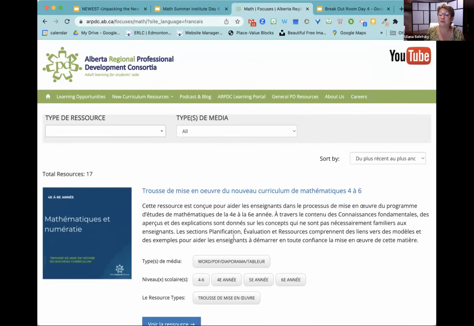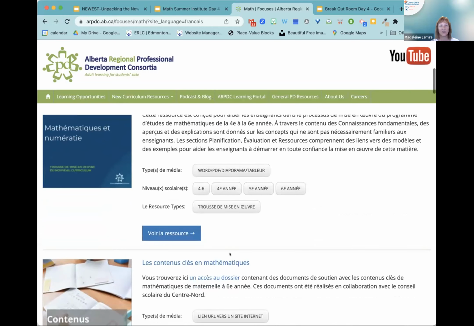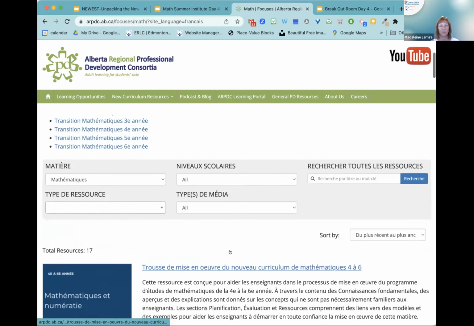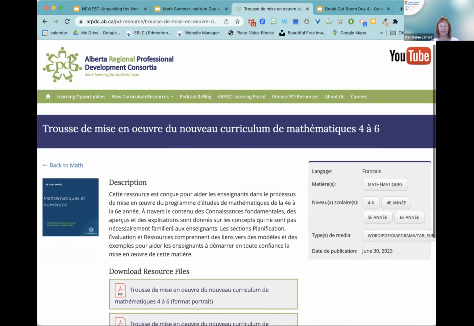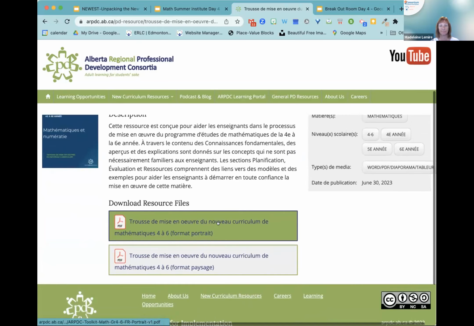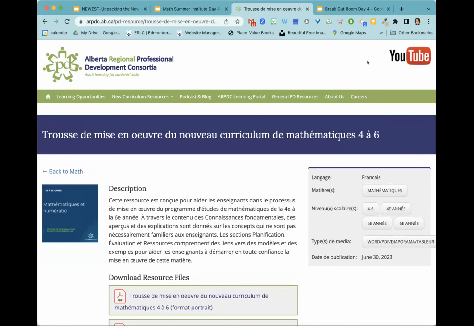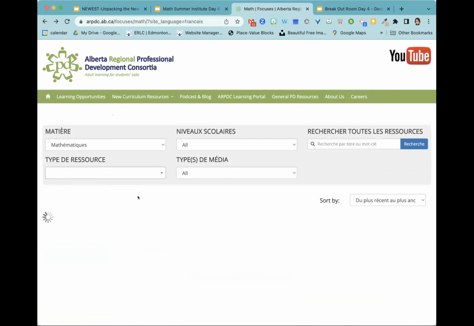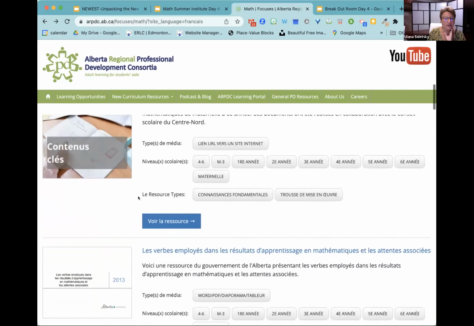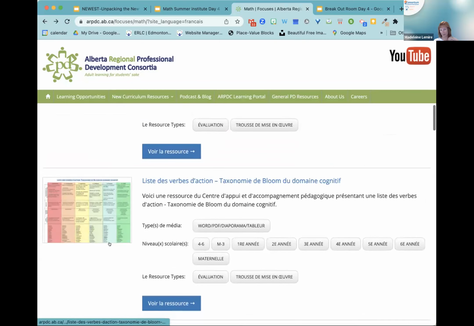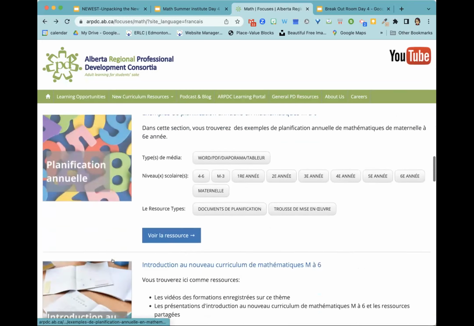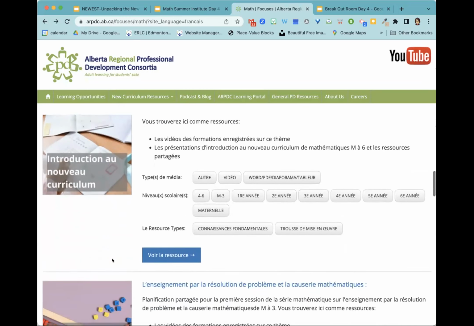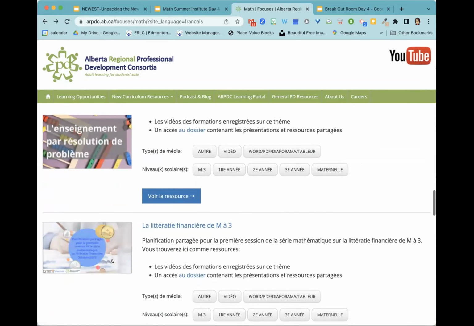That is the toolkit. If you click that first one right there, that's the grade 4 to 6 toolkit in French. Okay. Perfect. I had found that. I was just wondering if there's something different. So that's great. There's more here. There's a lot of resources posted. Yeah. I had found this site, so I was just wondering whether there was something different that I wasn't aware of. So no, this is fantastic.